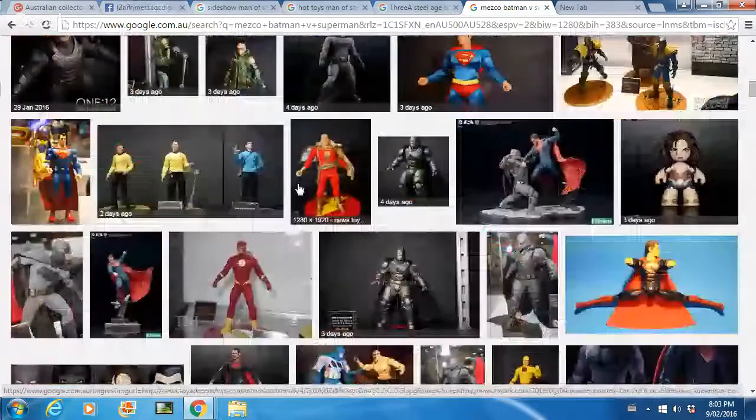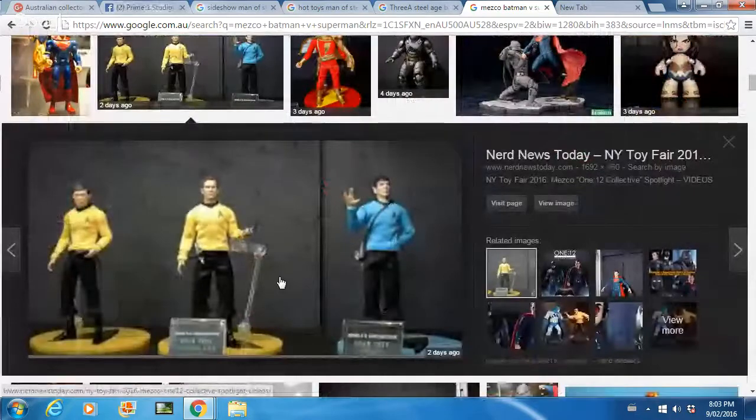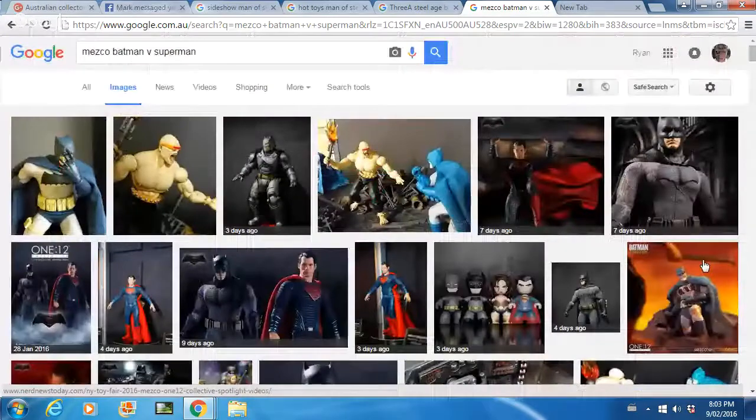Oh, these are also, I thought, going to tick your box as well. They do Star Trek. Oh, that's nice. And the likenesses on them as well are incredible. The Leonard Nimoy one is insane. I mean, if I go to the top here, and what I'll do is